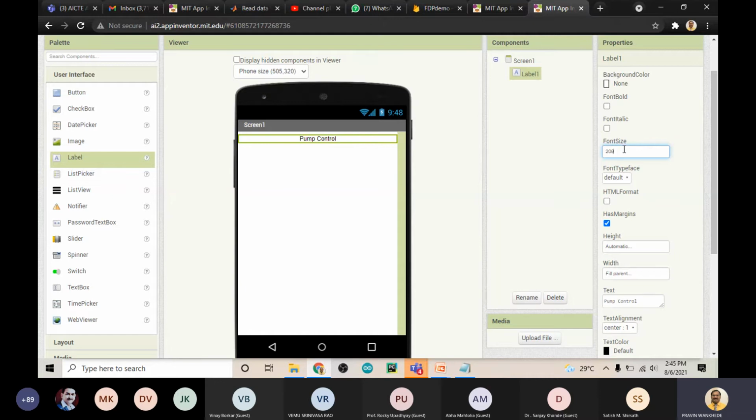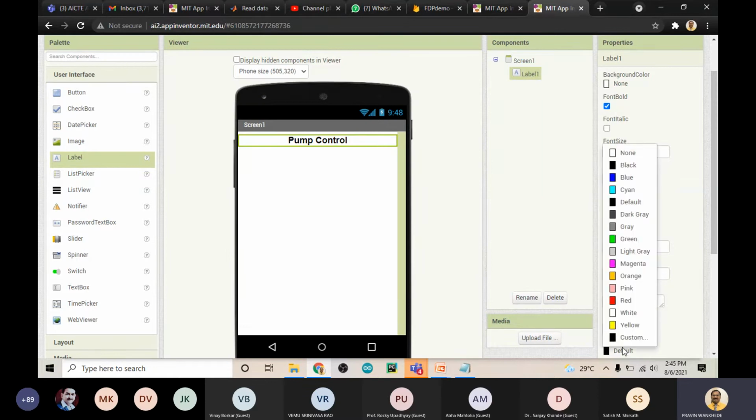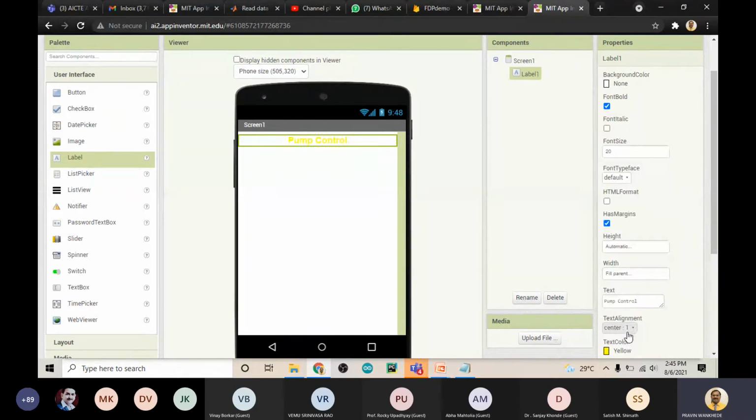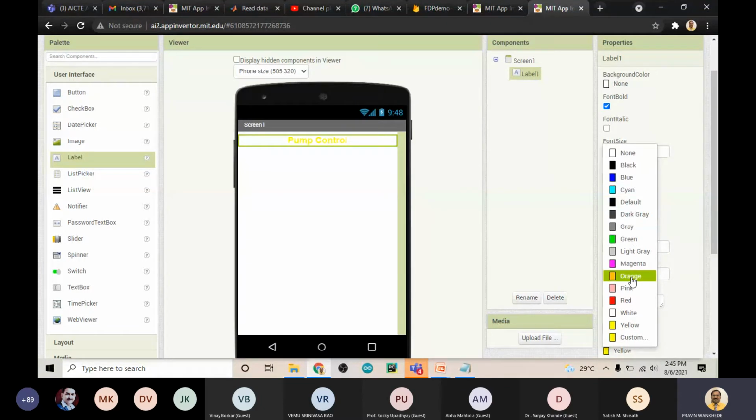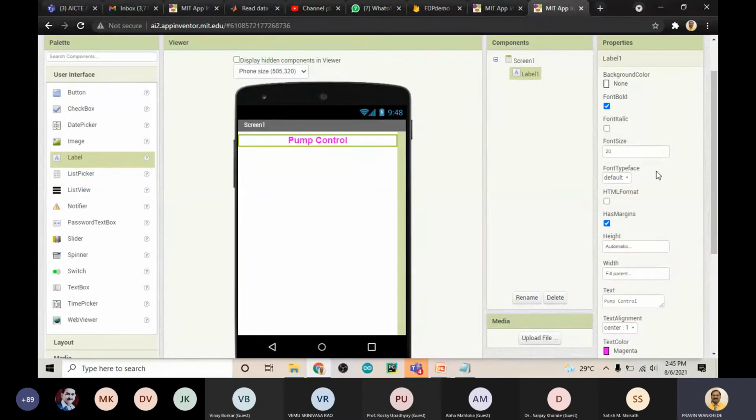Let me make it bold, and let me change the font color. Okay, so this is the pump control text I have added.